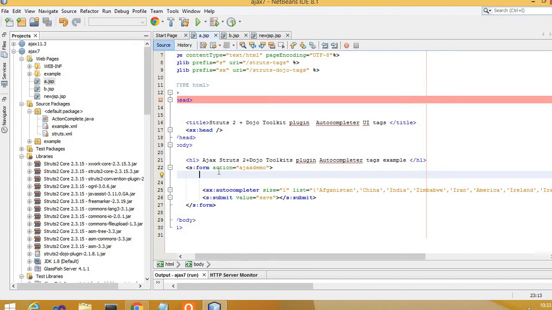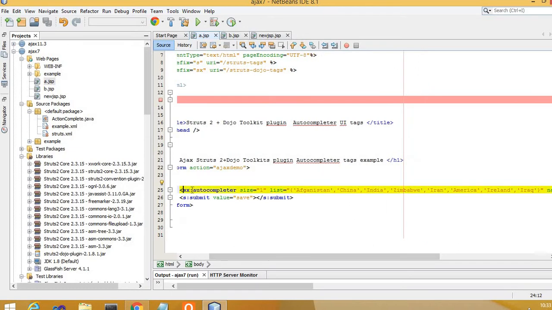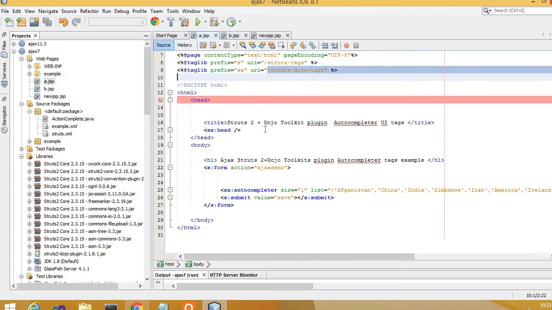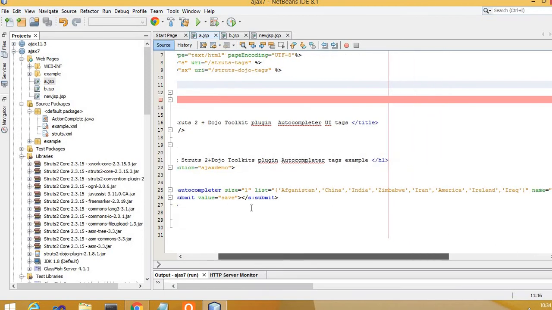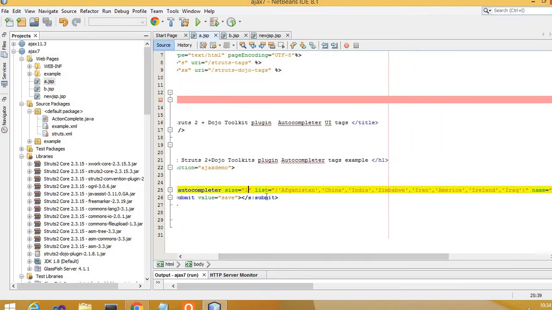and then the appropriate results will be displayed. So we have written here the action name as Ajax demo, and then SX autocompleter. Remember, SX is the prefix for the URI struts dojo tags. Now in order to have that functionality in our application, SX autocompleter size is equal to 1. You can change the size.